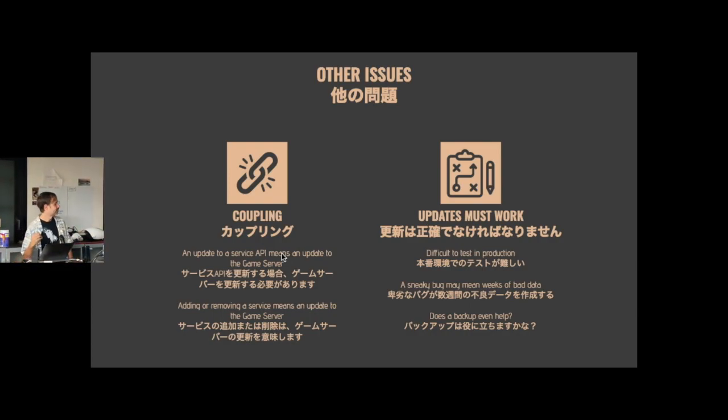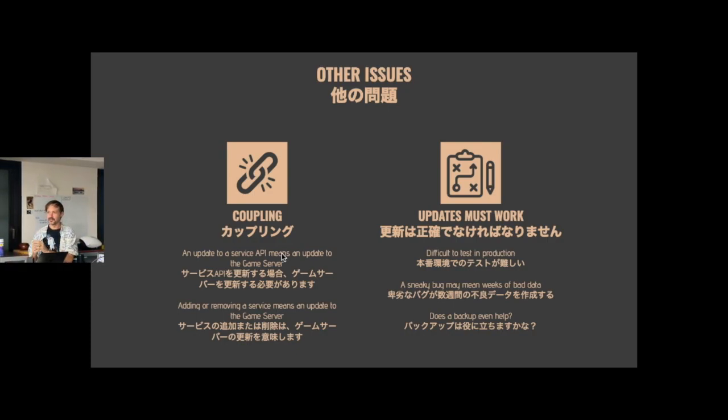That sucks. And adding or removing services is a whole affair in itself. If I add a new service, a user profile service, where I want to say, this user has played on this map, here's your most popular maps for this month, your win rates, most played characters, and so on. If the game server has to call out to that, I have to bring down the game servers in order to apply these changes. And that creates an exponential web of calls.